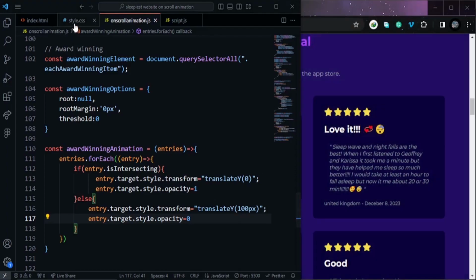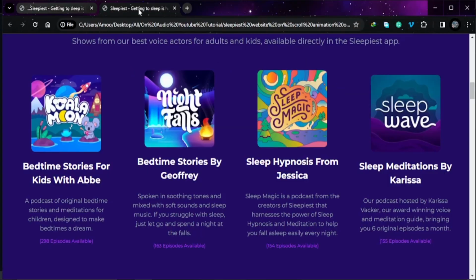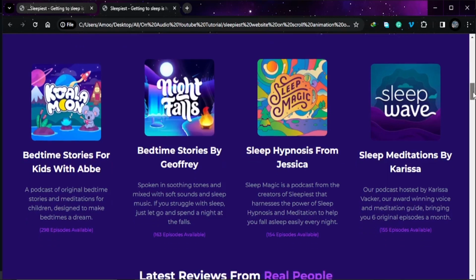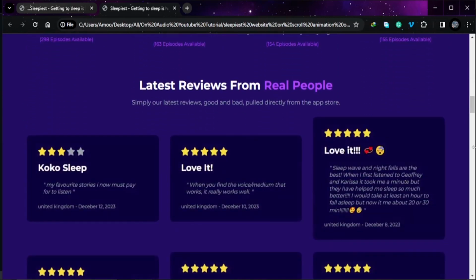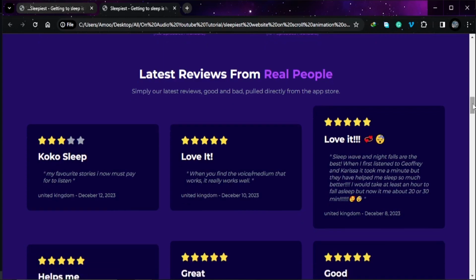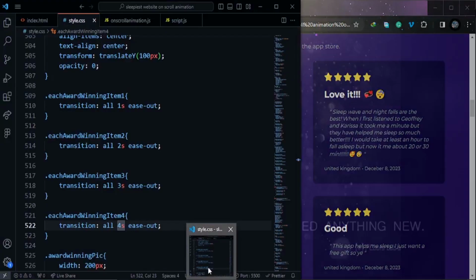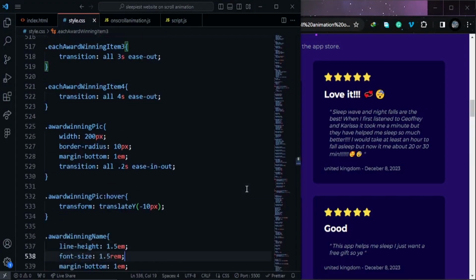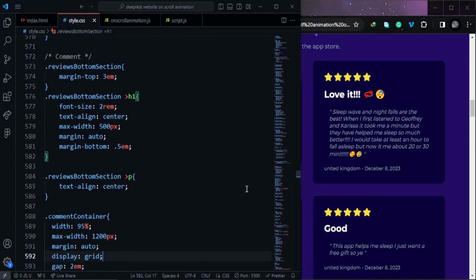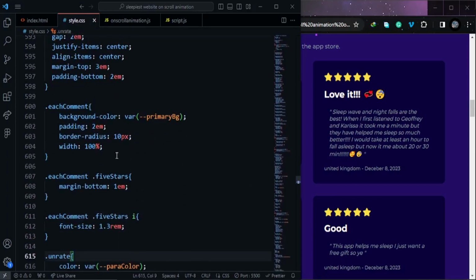Just go to style. If we take a look at the finished project, each of these elements starts from down. That means they are not in their original position. Their translate in the y direction is reduced. So I'm going to give that in style.css: find each comment, and inside each comment we're going to give